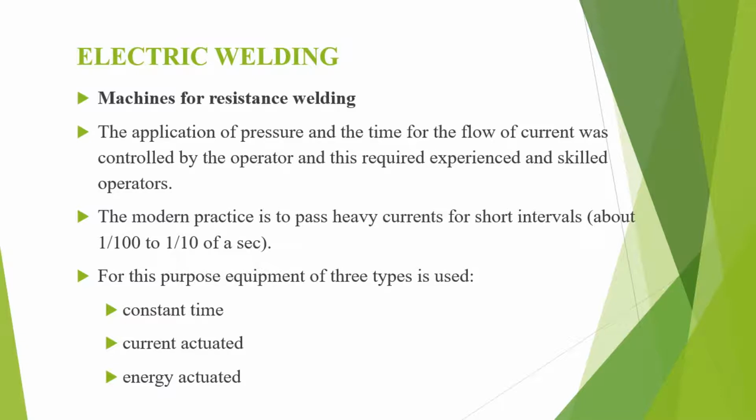Constant time equipment is used in high speed production where the work has a clean surface. This equipment may be provided with mechanical control or electrical control, whereas current actuated control has not been successful for high speed welding. Energy actuated control equipment, where a definite amount of energy is fed into the weld, is used when there is variation in the welding conditions for successive welds, like variation in supply voltage, mechanical pressure or wear of electrodes, and where the constant time method does not produce good welds.